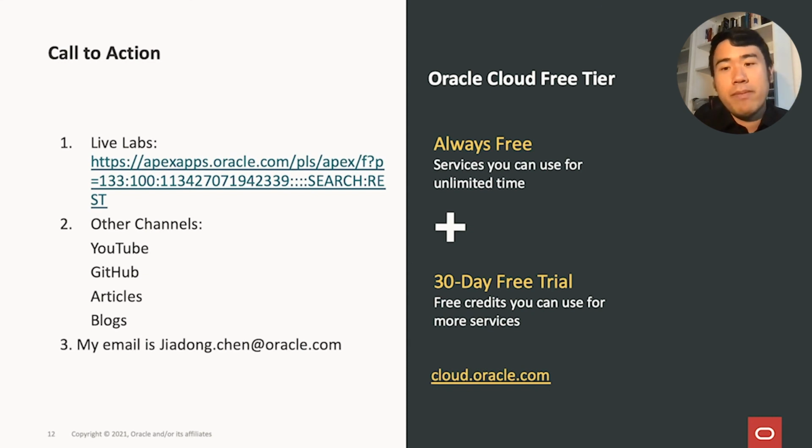Call to action. We provide a series of live workshops for you to try out, not only in the database world event, but also online. For example, if you're interested in the dev process for REST APIs and the CI/CD process, my colleague Brian is hosting a live workshop session called Oracle Database CI/CD for developers. That workshop will walk you through the database changes management via CI/CD using SQL and the OCI DevOps code repo. And if you're interested in learning more about ORDS and testing it, you are also more than welcome to register a free account on cloud.oracle.com and provision our free tier database.